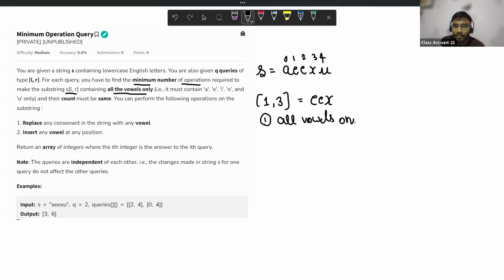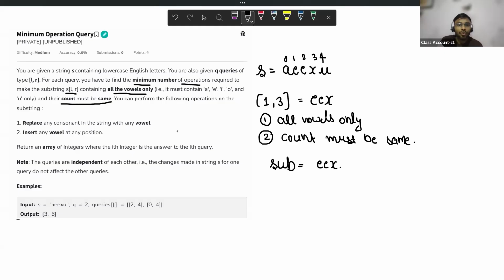Now let's see what the second condition is. Their count must be the same. It is most important in this question. Their count must be the same. Let's see, if my substring is EEX, you can perform the following operations on the substring.